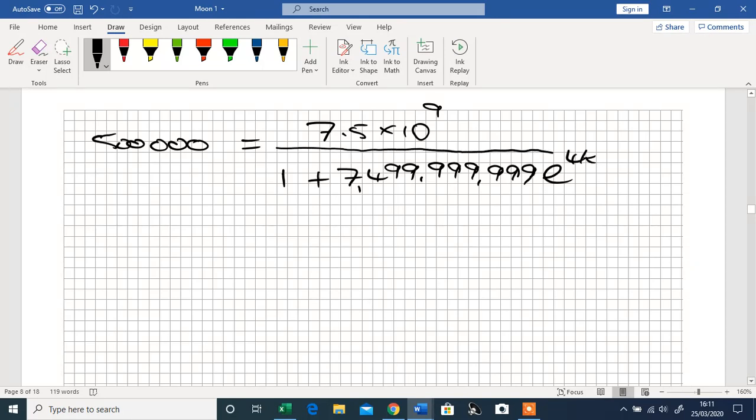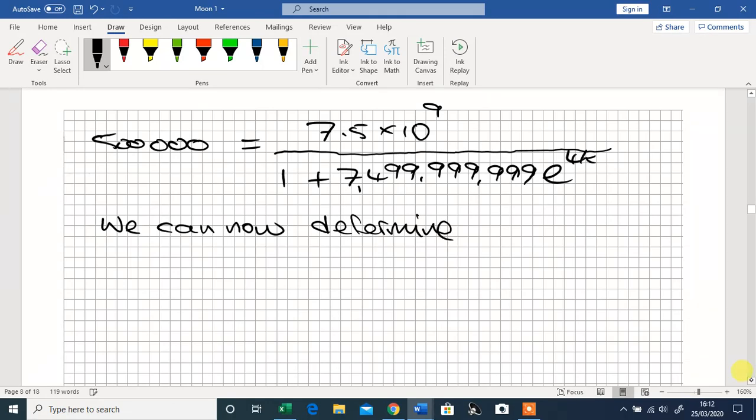Let's just draw that line up there. Whoops, it's very difficult to draw straight lines on these writing pads. Okay, so now we can work out k. We can now determine a value for k. So what we do is we multiply